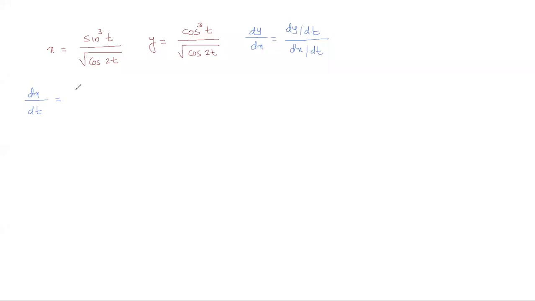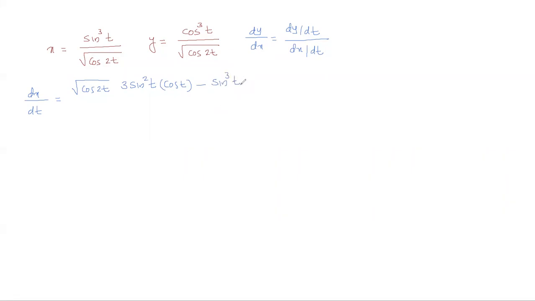Quotient rule is denominator, so denominator under root cos 2t, into derivative of numerator. So we are differentiating with respect to t. Derivative of sin cube t. It is of the form x cube. So it is 3 sin square t, because the derivative of x cube is 3x square. But in place of x it was sin t, so multiply by the derivative of sin t, into cos t. So denominator into derivative of numerator, minus numerator, numerator is sin cube t,